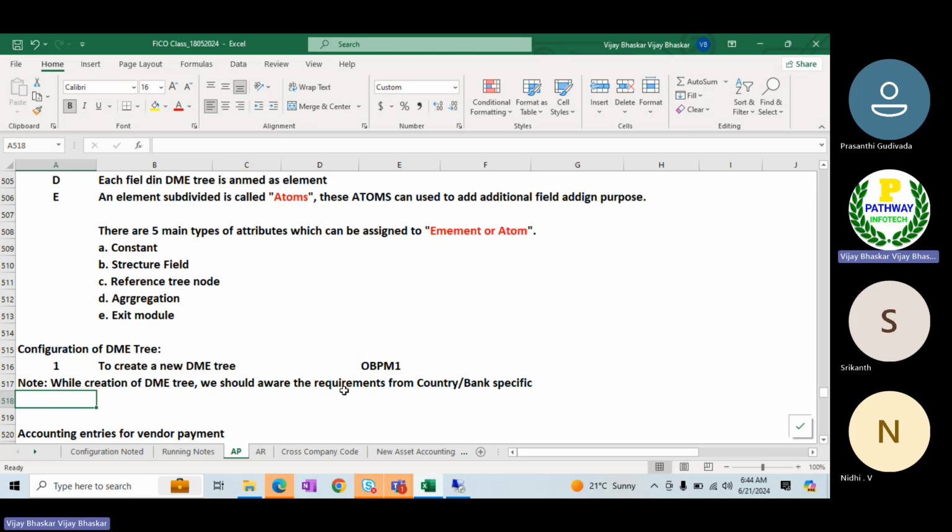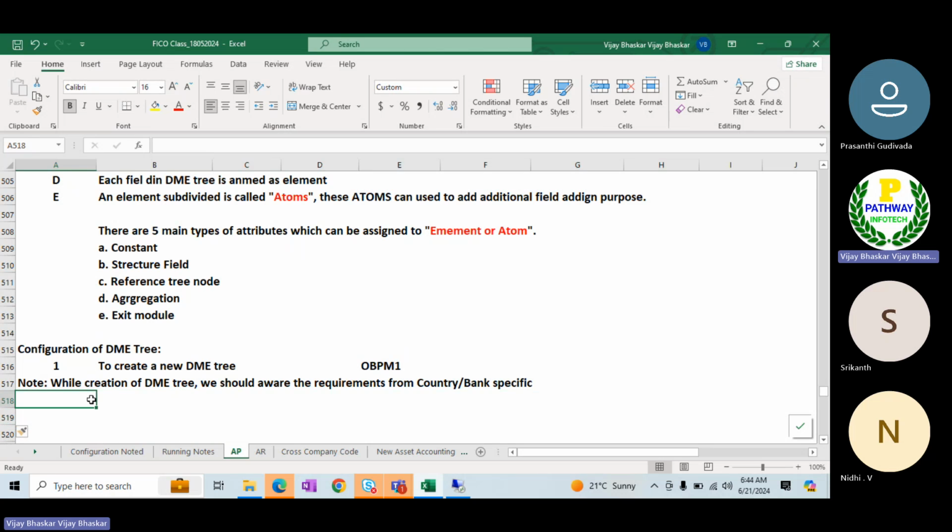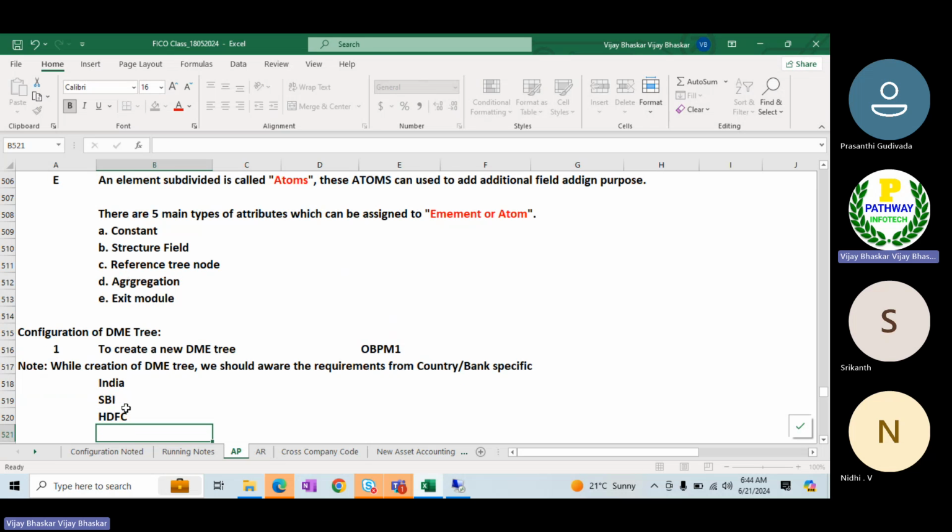the first time, the DME tree. So what will happen, each bank will give a specific requirement. Remember, I'm also repeating each bank, because in India we have different kinds of banks. For example, in India, let's assume we have SBI, HDFC, Axis Bank. So now the moment when you are going to develop a DME tree for SBI, SBI has a different